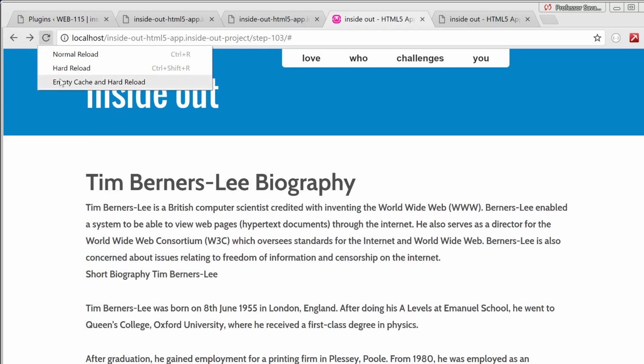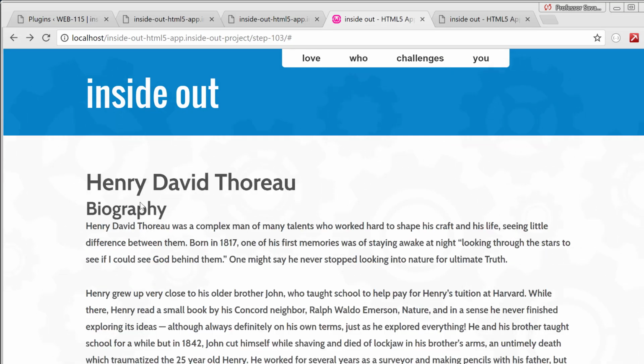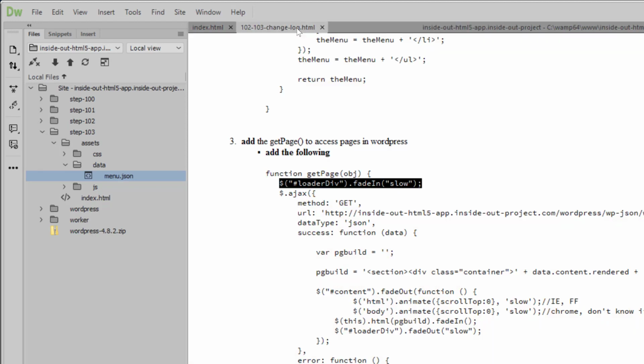So now if I do a refresh, fades out, I click on it, and it faded in. The problem with it, and you can see that's what we want, is to not be able to click on things, but our page is loaded now and we want to be able to click on things. And the way that we address that is